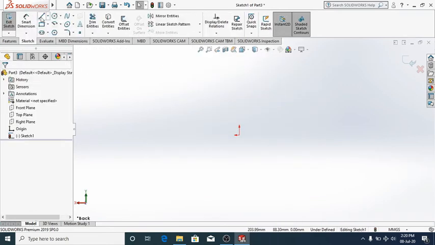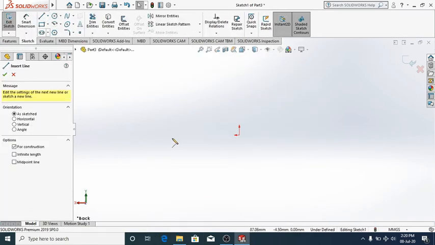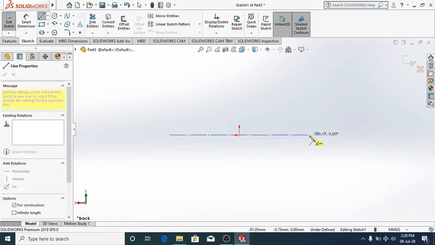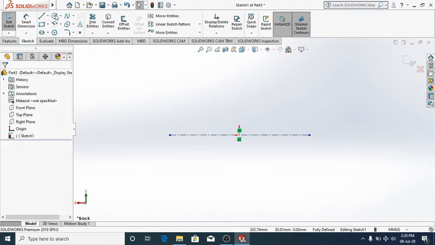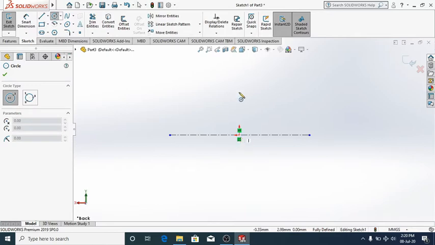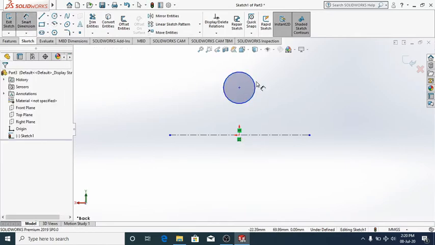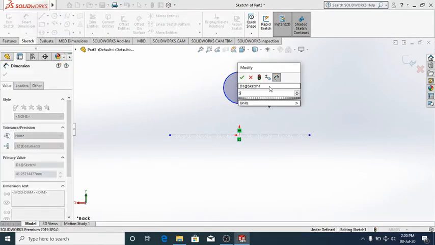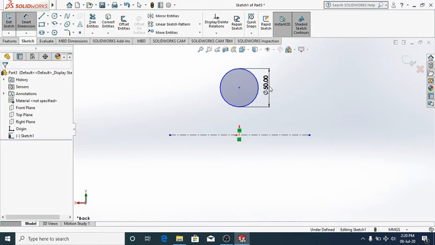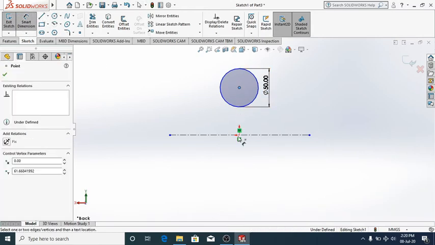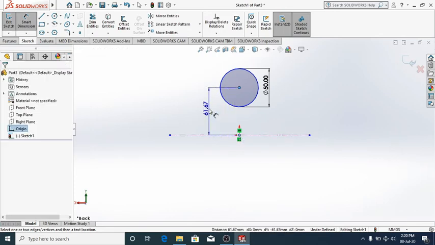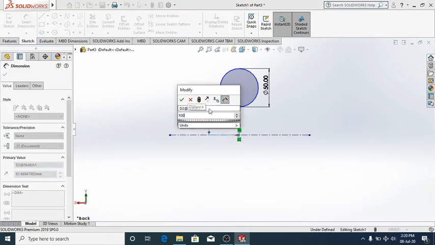Okay, I'm going to sketch a center line here just like this, and I'm going to draw a circle here, a circle of diameter, say, 50, and the distance from the center to this line, let it be 100.